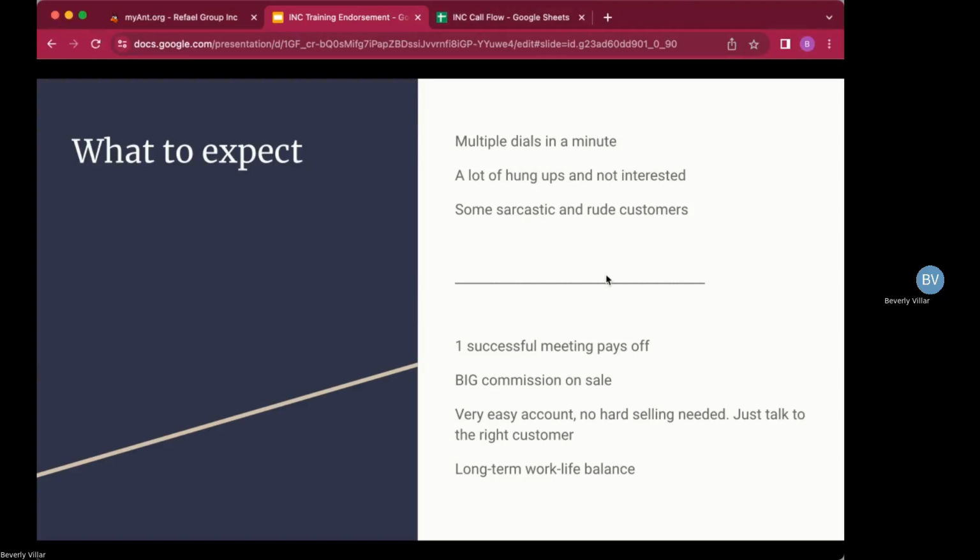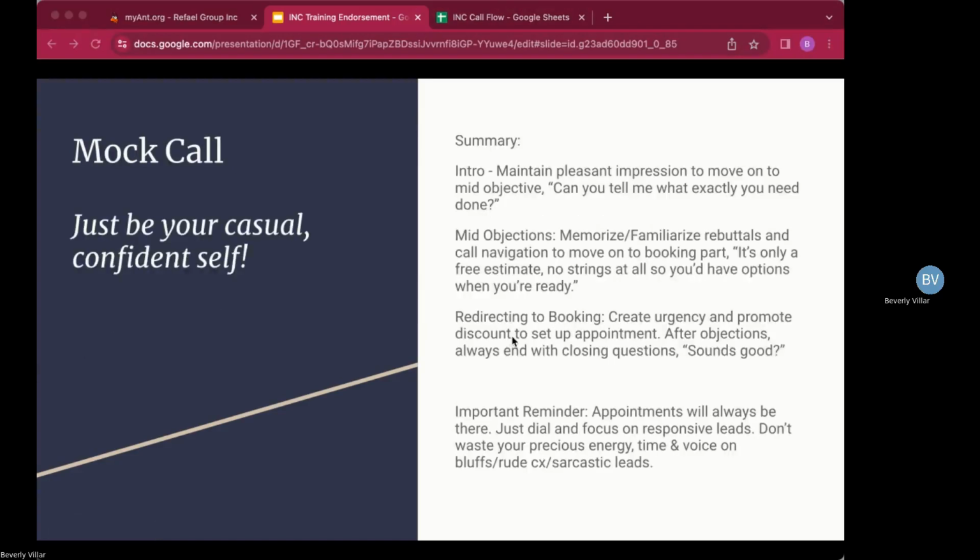And now, just a quick summary on what we have discussed so far. So in the intro, maintain a pleasant impression to move on to the middle objective. For example, you say, can you tell me what exactly you need done? In the middle objections, you have to memorize or familiarize rebuttals and call navigation to move on to the booking